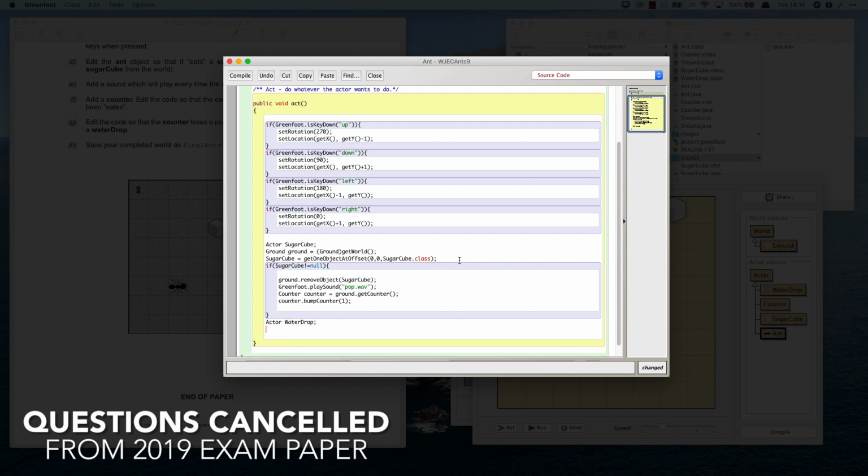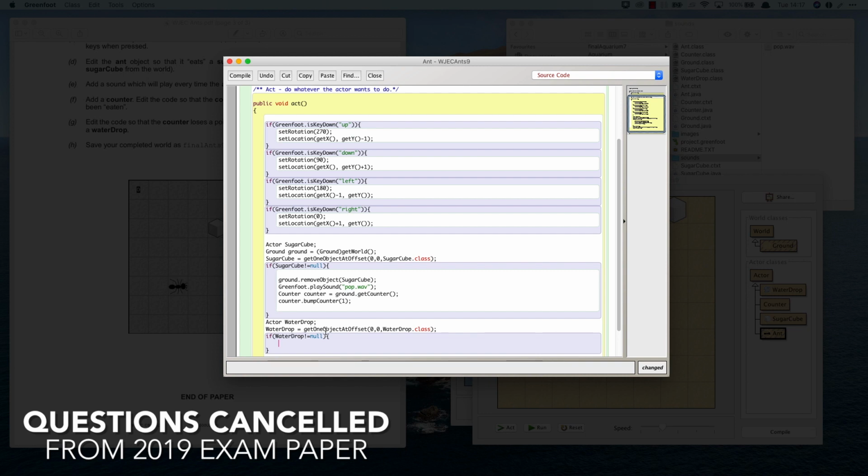I need to use this code here to tell it about water drops that are on top of me. I need to say if the water drop is not equal to null, if there is a water drop there,